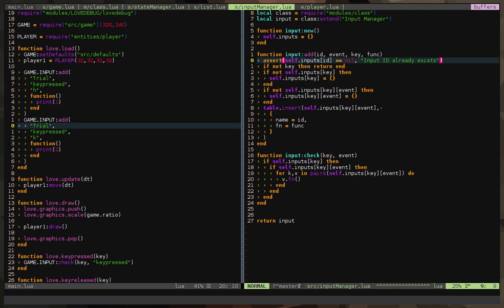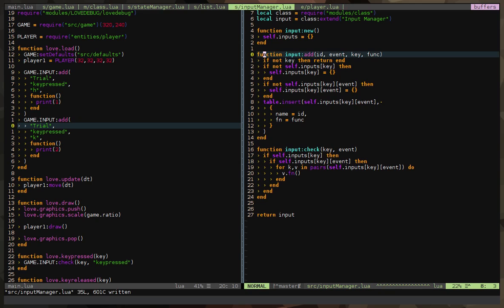Well, okay, that's cool. It doesn't give us an error. I'm not sure why. I tested this before. Okay, never mind. So let's remove this ID.